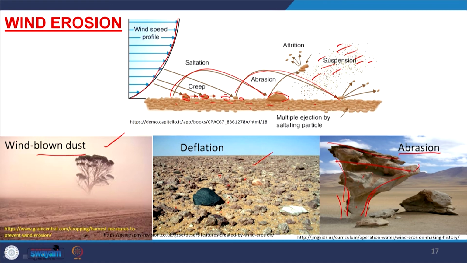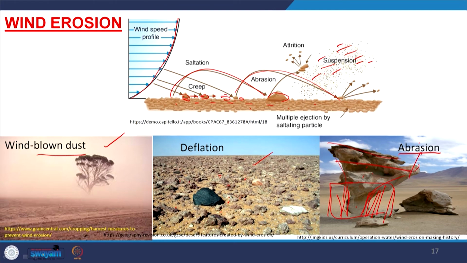Why? Because though the wind speed increases from bottom to top, the sediment-laden capacity is such that the sediments are mostly transported within these limits. So this level experiences more abrasive effect